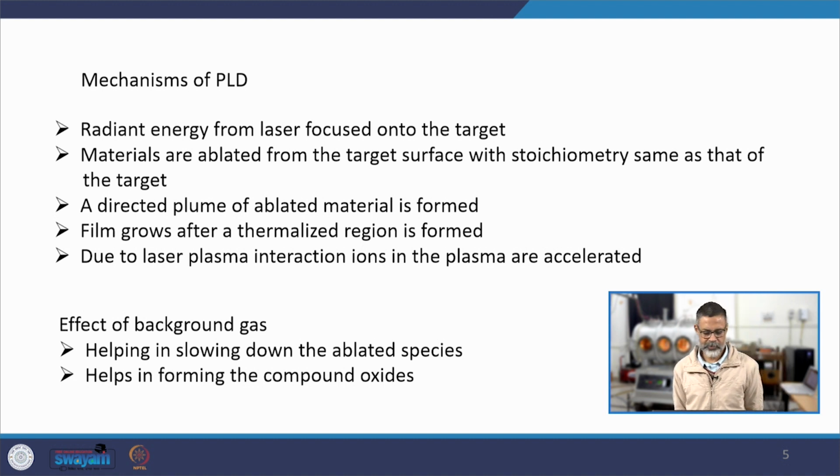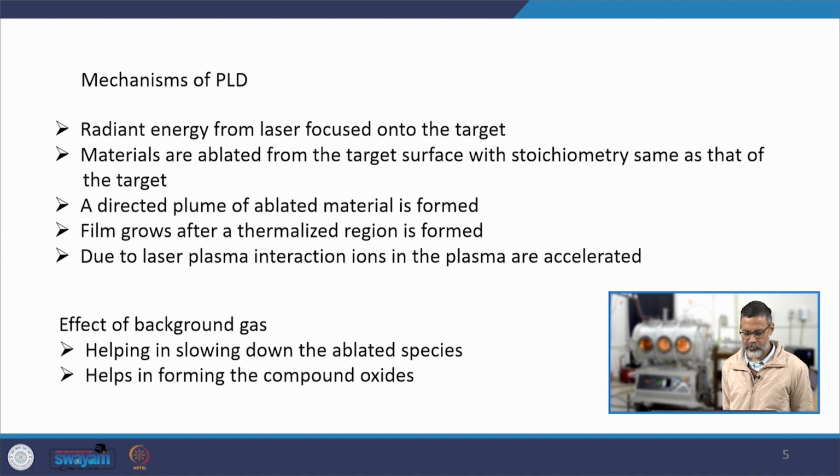What you can see in the video is that the plasma shape is conical. So it will be angle dependent. The velocity will also depend upon the angles, and the amount of material deposited at the different angles also varies. So that is also a disadvantage of the pulsed laser deposition technique, because you can deposit a very good uniform thin